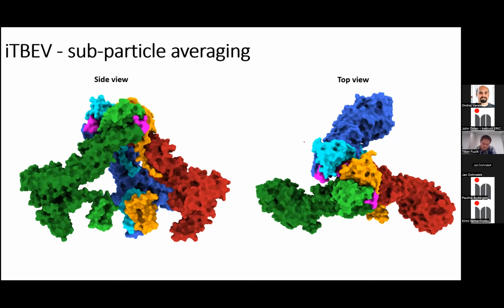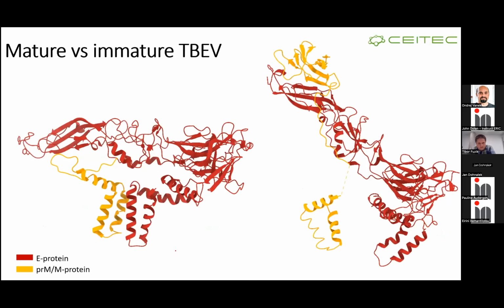As well, we can nicely see that in the membrane part, here, we have the membrane helices of the M protein, or the part of the PRM protein which is in the membrane, and the membrane part of the E protein, which consists of transmembrane helices and perimembrane helices. If we compare on the left the mature form, and on the right the immature form,